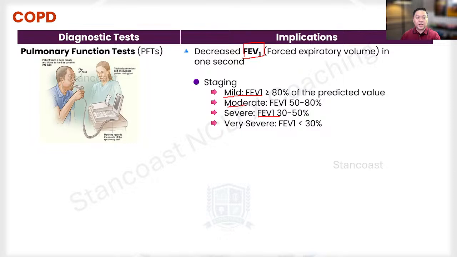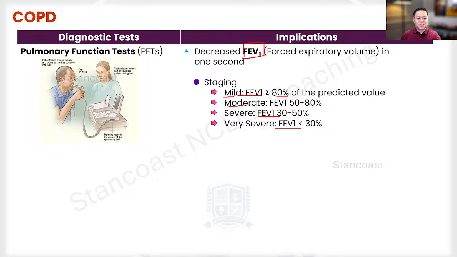Okay, so I really want you to focus on the FEV1. This is the total amount of air that a patient can forcefully exhale in 1 second. Again, FEV1 is the total amount of air that a patient can forcefully exhale in 1 second. And so if there is a greater amount of exhaled air, let's say 80%, that is already considered a mild form of COPD. So meaning they're not fully exhaling. It's not like 100%. So there is some residual air retained in the alveoli.